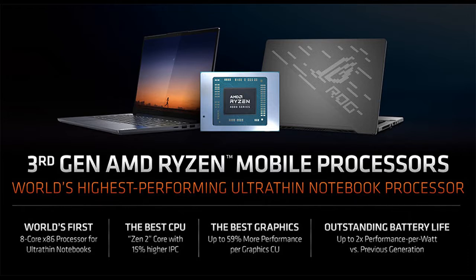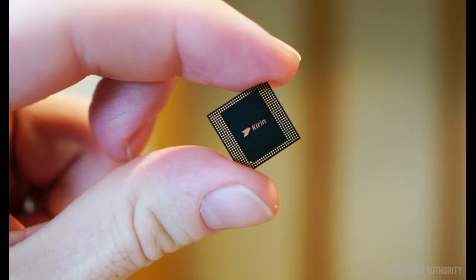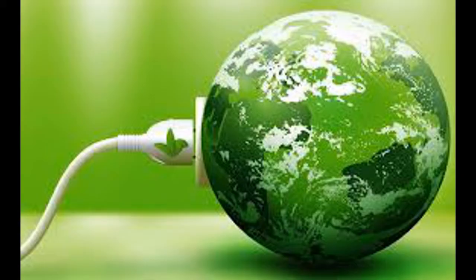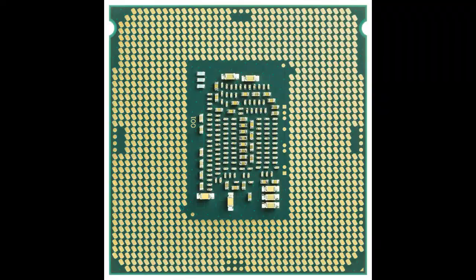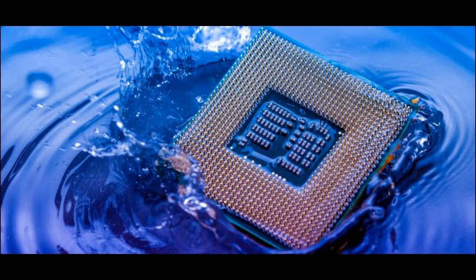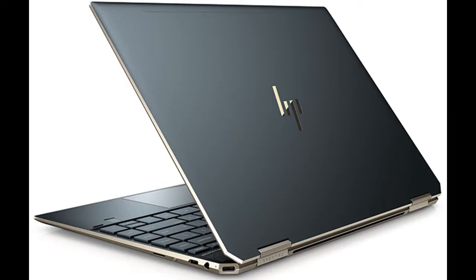The answer is simple. The new 7nm architecture gives better performance, and on top of that, it gives more efficiency due to the small transistor size in the 7nm design. This allows for a higher core count as well without consuming a lot of power. These factors made them so special. And plus, these mobile processors allow ultra-thin notebooks to give desktop-class performance with great battery life with no compromise in